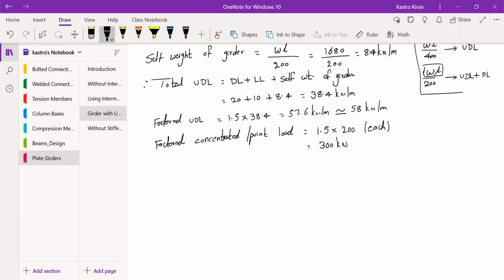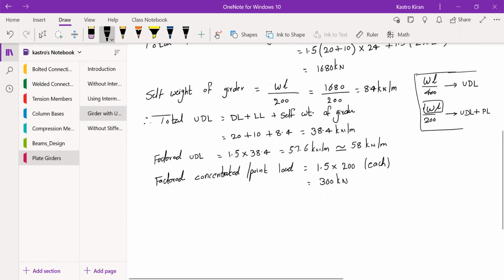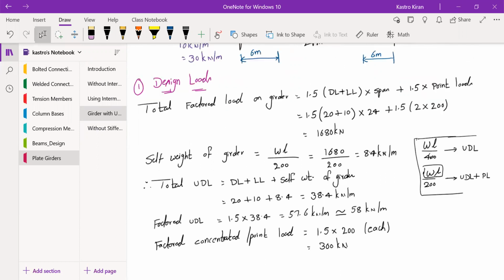So this is how the calculation of design loads differs from the previous two models of problems to the present model of problem. In the previous models of problems, since we didn't have the dead loads and live loads, we haven't solved this entire long process. So whenever you have a combination of loads, this is the must and should process which you have to solve.